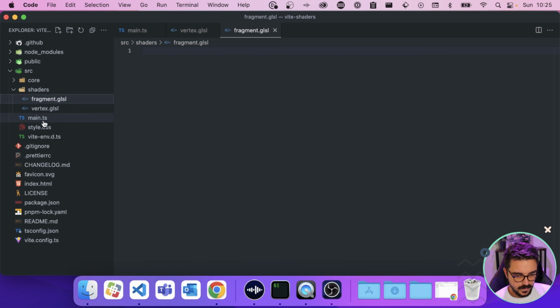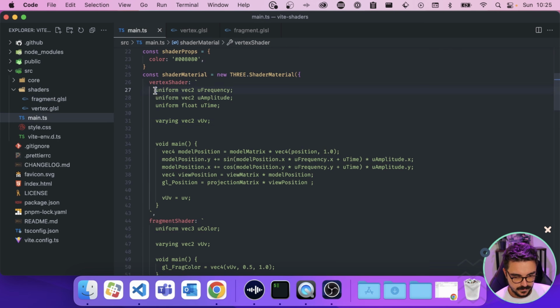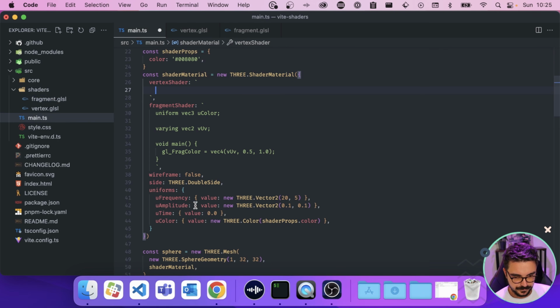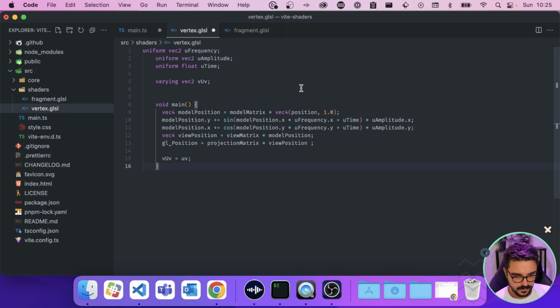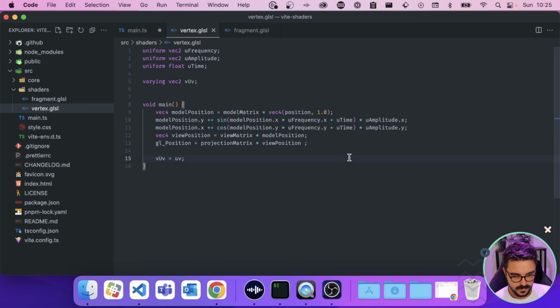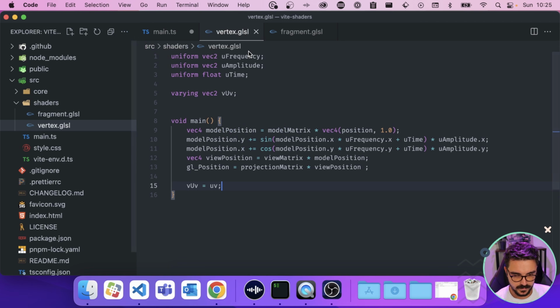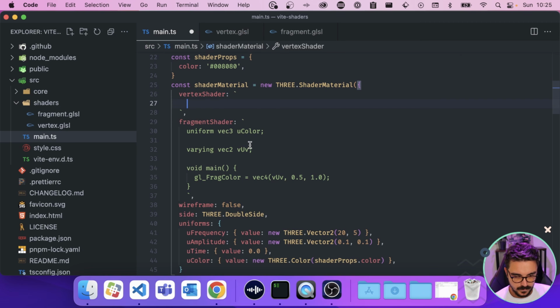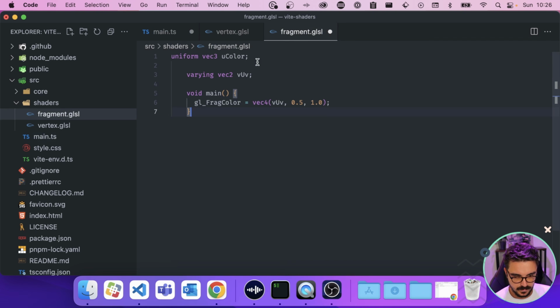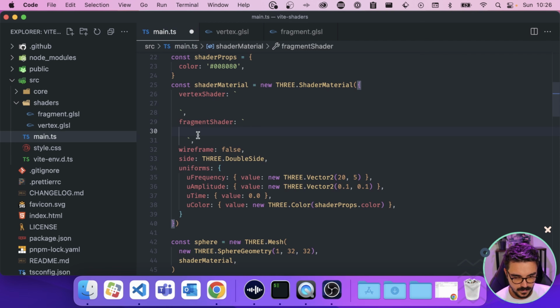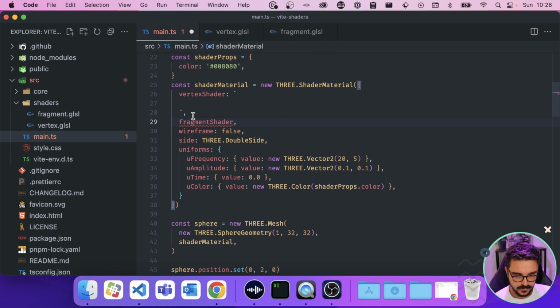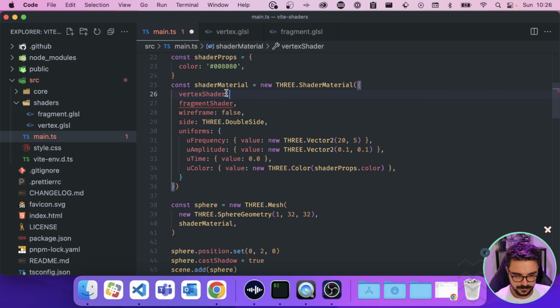Okay, so right away, let's copy and paste these two here into the corresponding file. It's important that you keep the indentation. I don't have auto formatting for this. Okay, and for the fragment, let's cut this here and put it here and correct the indentation. Save it. And right now, let's remove the template string, put it like this.